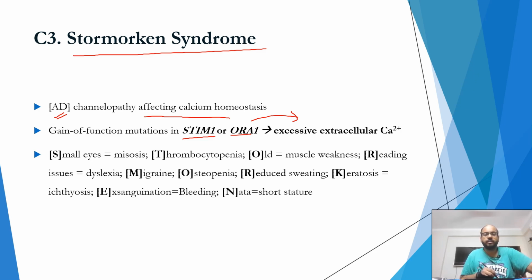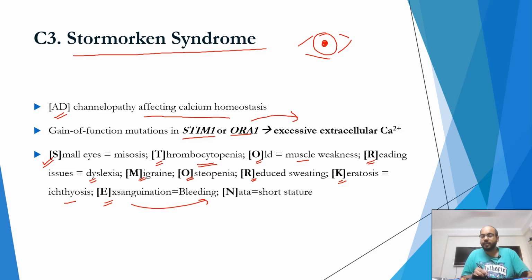The features of Stormorken syndrome are S for small eyes. So you have miosis, which is just a name for constricted pupil. Okay, constricted pupil. T for thrombocytopenia, platelets are less. O for old, which means there's profound or significant muscle weakness. R for reading issues, because the patient has dyslexia. M for migraine, O for osteopenia, R for reduced sweating, K for keratosis, which leads to ichthyosis,